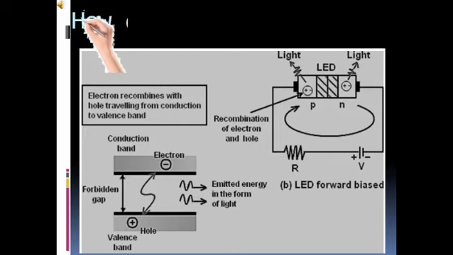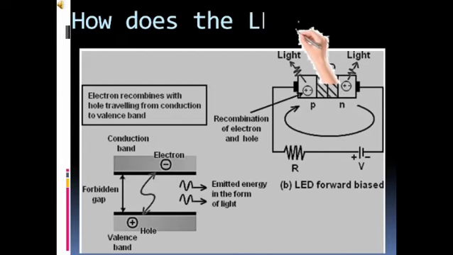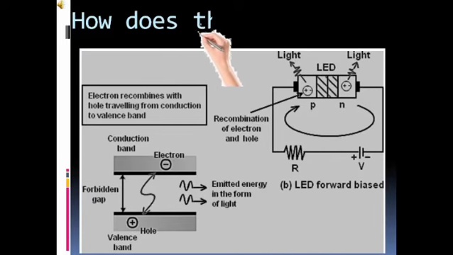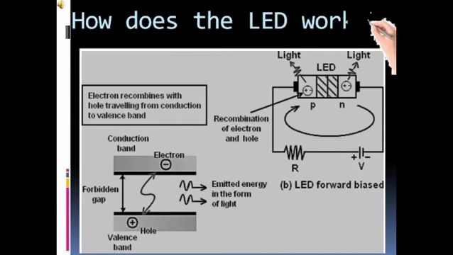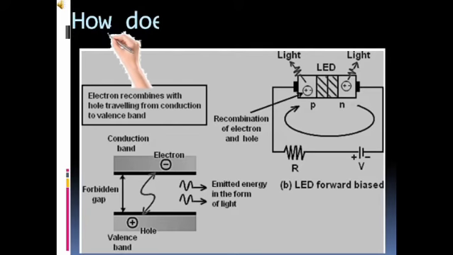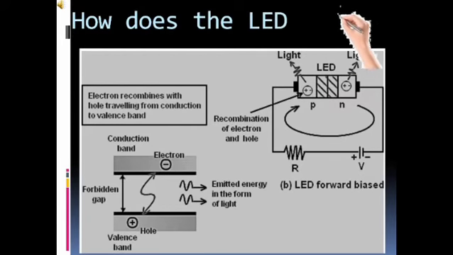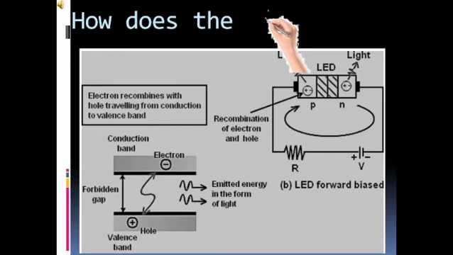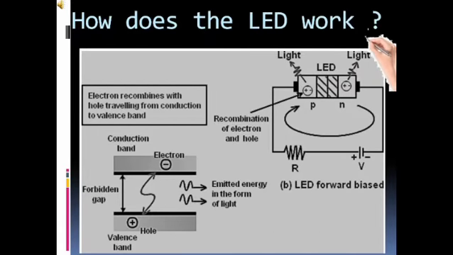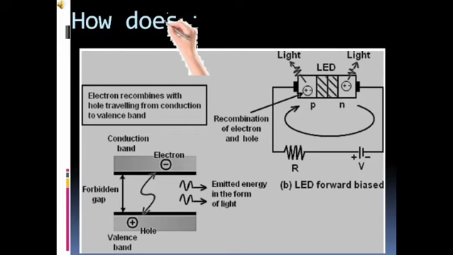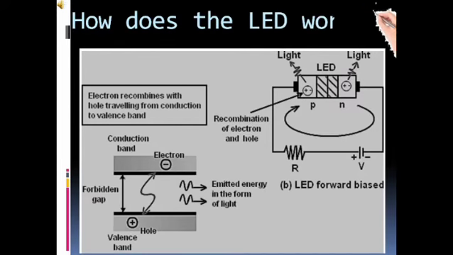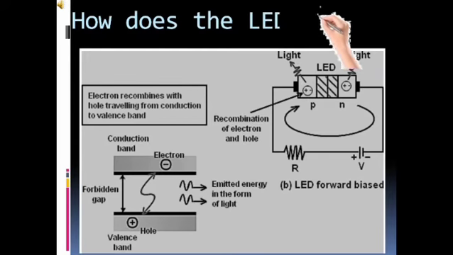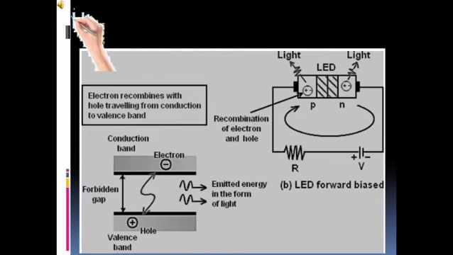So there will be a recombination due to the flow of these charge carriers, which means the electrons in the conduction band jump down to the valence band, and when these electrons jump from one band to another, they emit electromagnetic energy in the form of photons or quanta, and the photon energy is equal to the forbidden energy gap. So this was about the working principle of LED. Now let's move further.